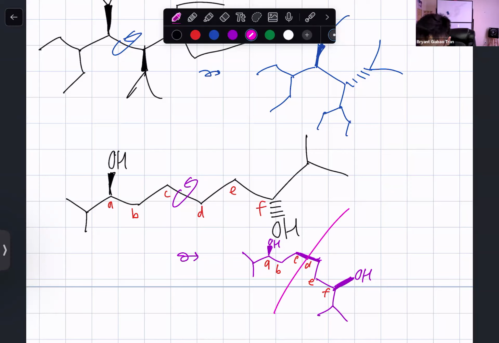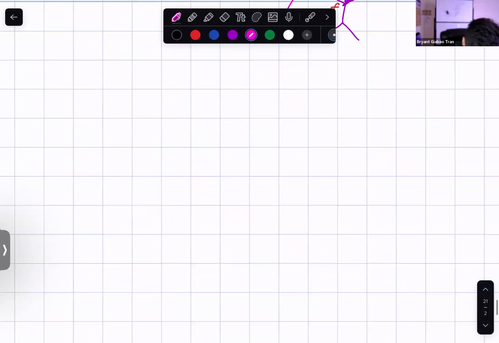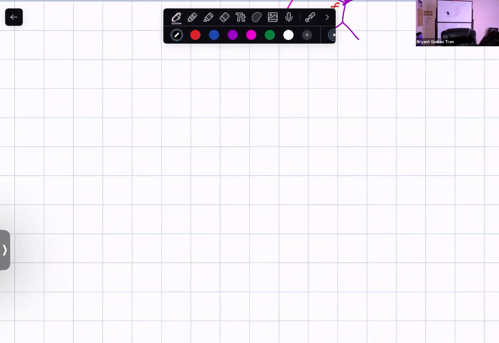Could you do some quick review on R and S? Yeah, so this next 3 to 5 minutes is going to be a quick review on R and S, because I want to move on to the synthesis and retrosynthesis material, because that's a big part of the final. There's 3 scenarios to do that, right? But the first thing you do